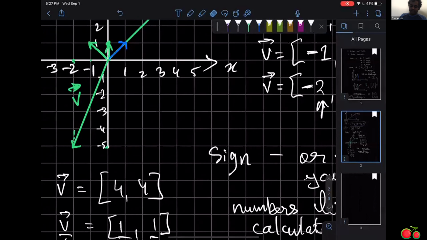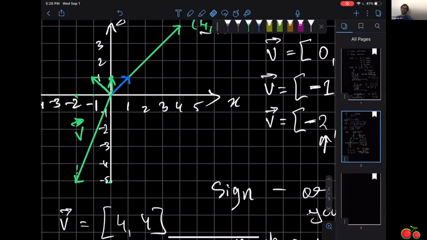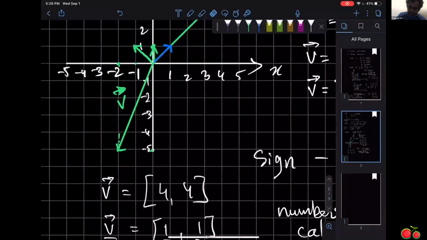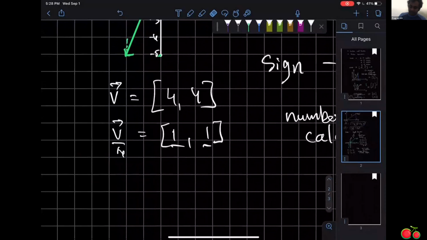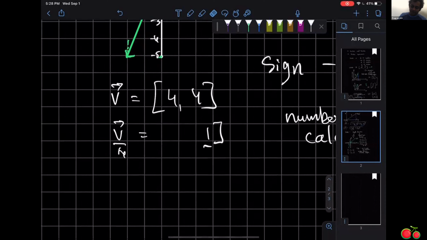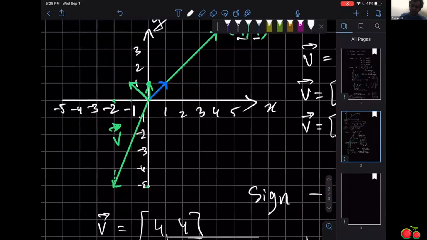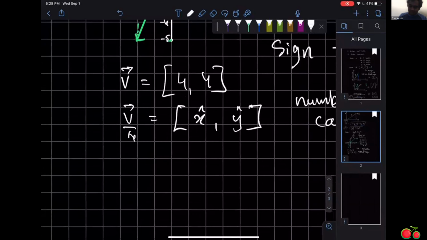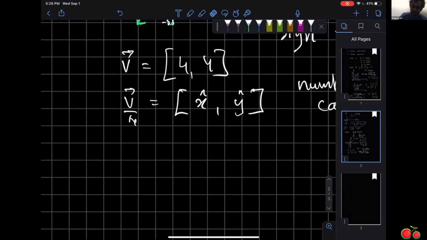So actually in this case it wouldn't be 1, 1. It would be a different set of numbers, okay? It wouldn't be 1, 1. I'm going to explain this notation, x hat, y hat, because what that x hat, y hat would do is the magnitude of... so this number wouldn't necessarily be divided by 4. It'd be divided by some